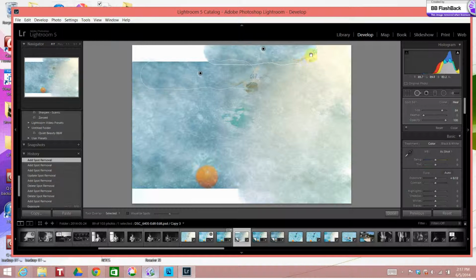Okay, once again, see how it chose that section that has James's arm, which I don't want. So I'm going to left click on this selected area that Lightroom chose. I'm going to move it down and just kind of move it around until I see an area that matches a little bit better. That has the shadow in it. I don't want that. So I'll go down a little bit further until I can kind of see,